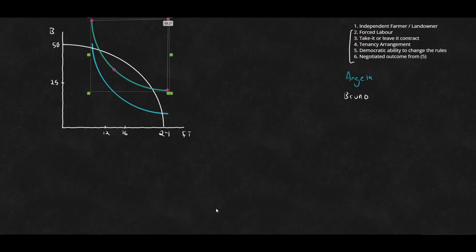Why is this of interest to us? This is of interest to us because for some point here, if we were to figure out her marginal rate of substitution, let's use the right tool for that. There we go. So if we were to figure out her marginal rate of substitution for 16 hours, we get some point roughly like that. Again, marginal rate of substitution is just the slope of that. That's not quite perfect. Let's rotate that a little bit. There we go. Maybe that's a bit better.